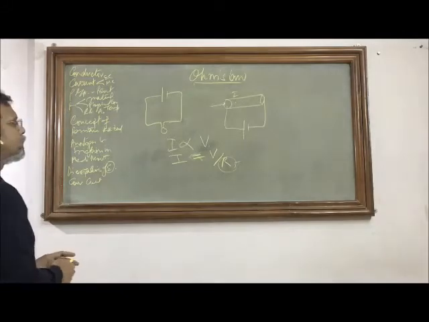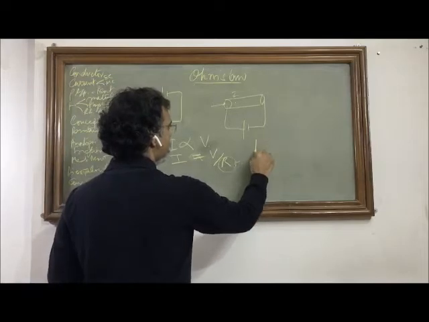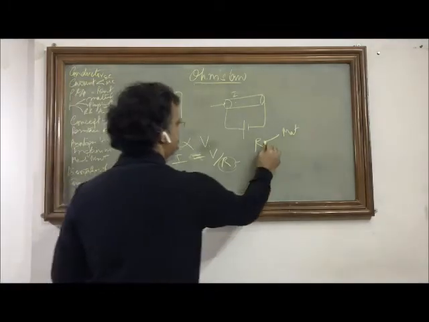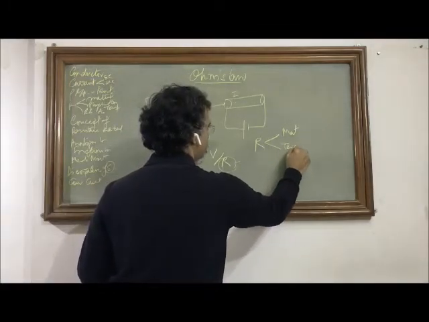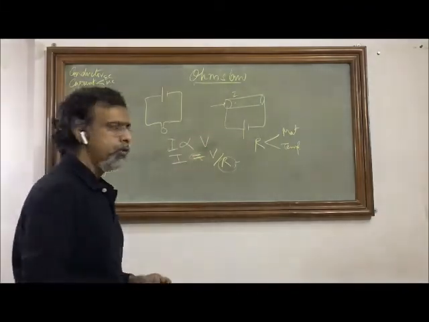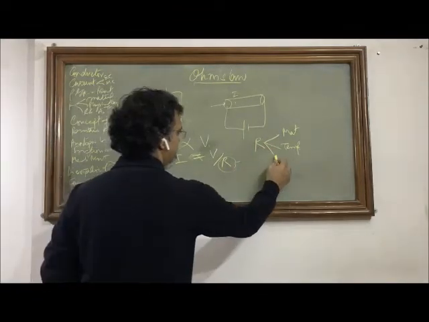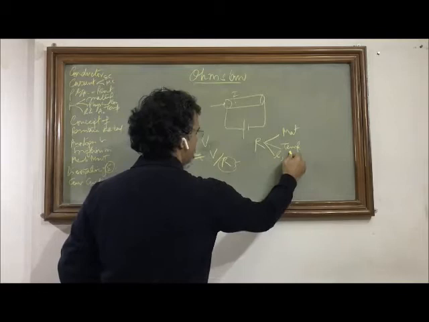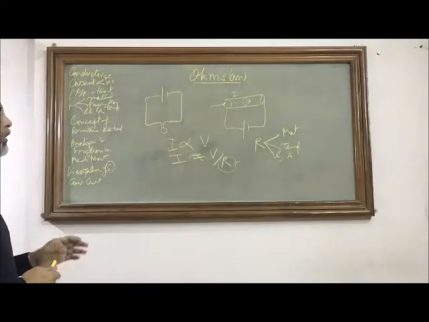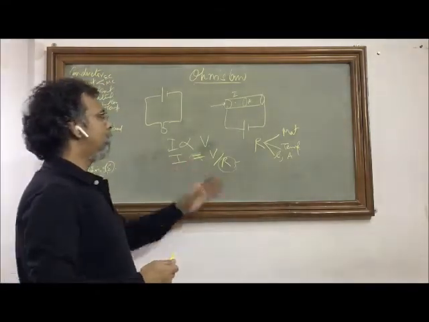This resistance has certain features. This resistance is material specific, number one. Then it is specific to physical conditions, mainly temperature. So if we change the temperature, the resistance of this conductor is going to change. It will take a different value. This resistance is also dependent upon the shape, that means mainly the length and the cross-sectional area of this conductor. If these remain constant, the resistance for a conductor would remain constant.